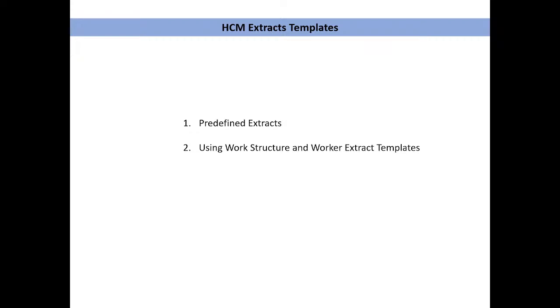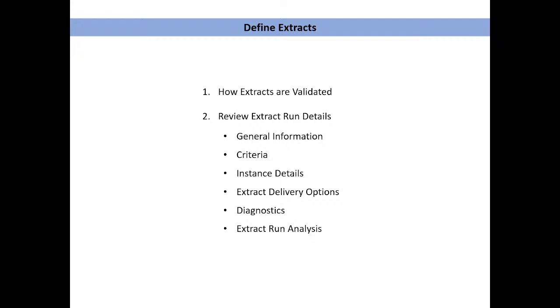So how can we use a work structure and worker extract template? First you have to copy the worker or work structure extract definition to create a new extract, then update the copied extract, generate and compile the fast formula, validate the extract design, and then redefine the parameter. So this is about the extraction template. Now if we move ahead,